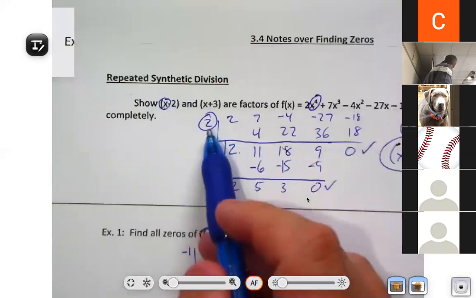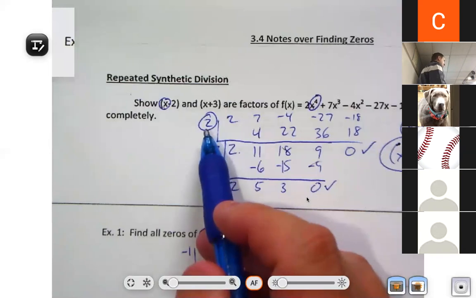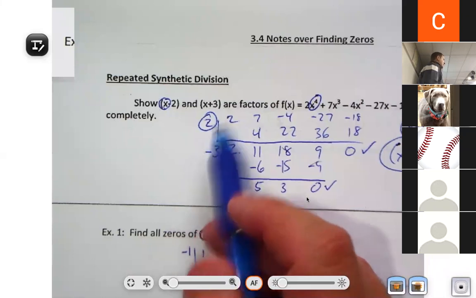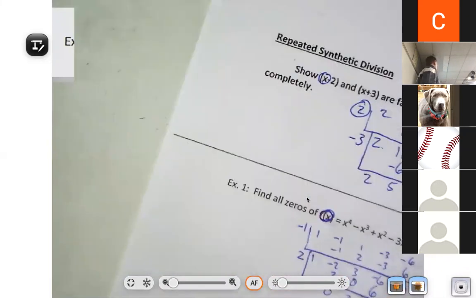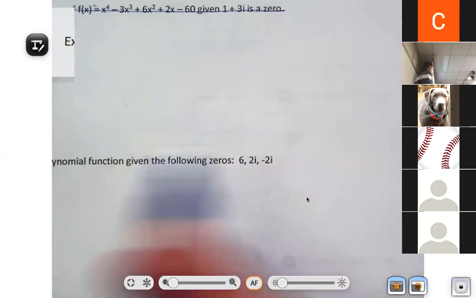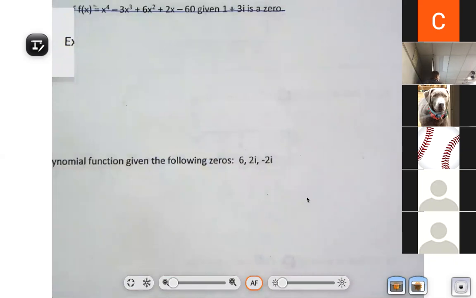Back on example 1, if 2 is an answer, what was the factor that went with 2? Yeah, so what he said initially, he said, wouldn't you just write x plus 6, x plus 2i, and x minus 2i, and then multiply them together? He's spot on. The only wrong thing with that is